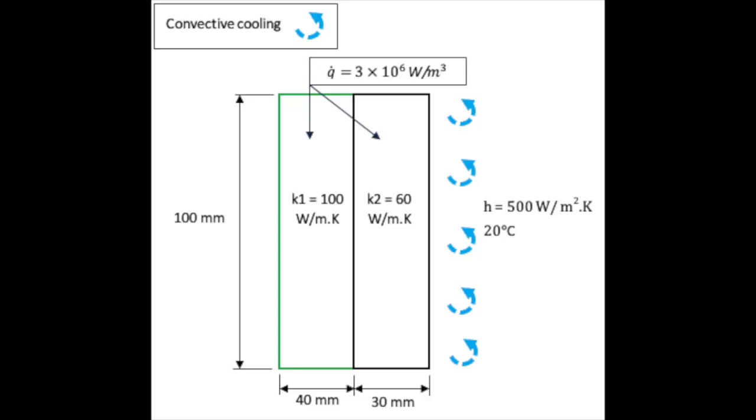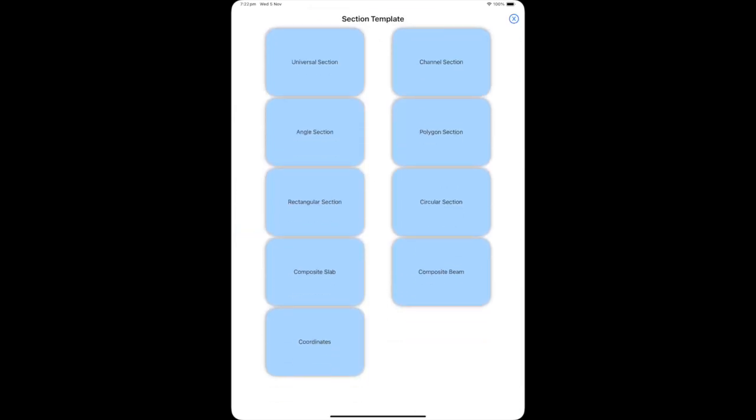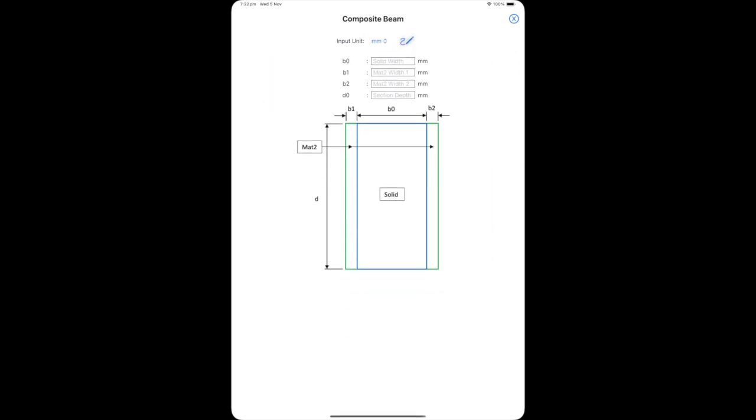Welcome to this HeatCond2D tutorial where in this example, we will model a section with internal heat generation. In the section page, set the input unit to millimeter and select the solid tab. Tap on the section template icon to open the section template. Tap the composite beam button, enter the dimension B0 of 40 mm, B2 of 30 mm and D0 of 100